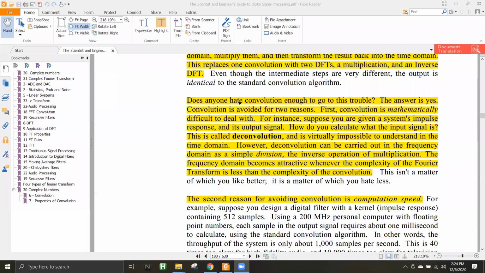So this is what is being said here: is convolution bad enough that we'll have to go through all this trouble? Yes, and there are two reasons why we are avoiding convolution and going through all this trouble. The first is that convolution is itself mathematically difficult to deal with. Just as I said, in the worst case, it can be big O of n square if both the input and the impulse response are large enough. And